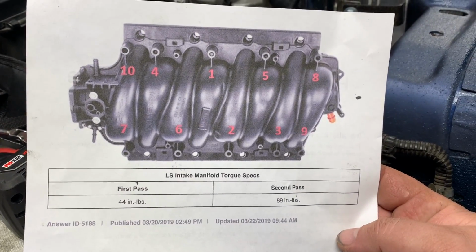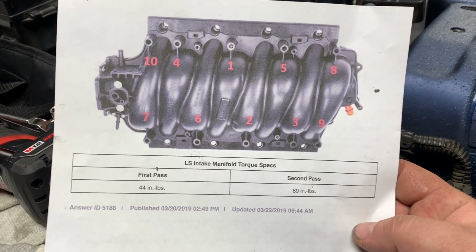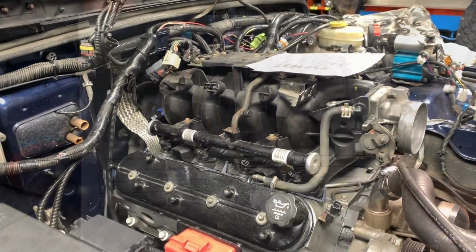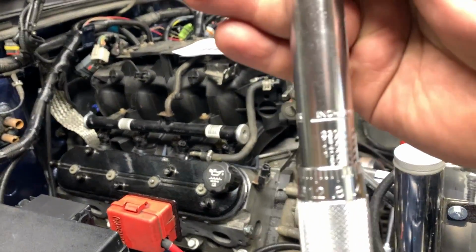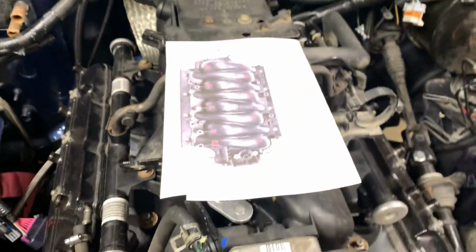Now I'm reposting this again so you can see the orientation and how you torque the bolts down in series. Basically start in the middle and work your way around. Two passes. First pass, 44 inch-pounds. I use this little 1/4 inch torque wrench that is only rated in inch-pounds. And of course, if you want to make it simple, just put your diagram up top and let's go through